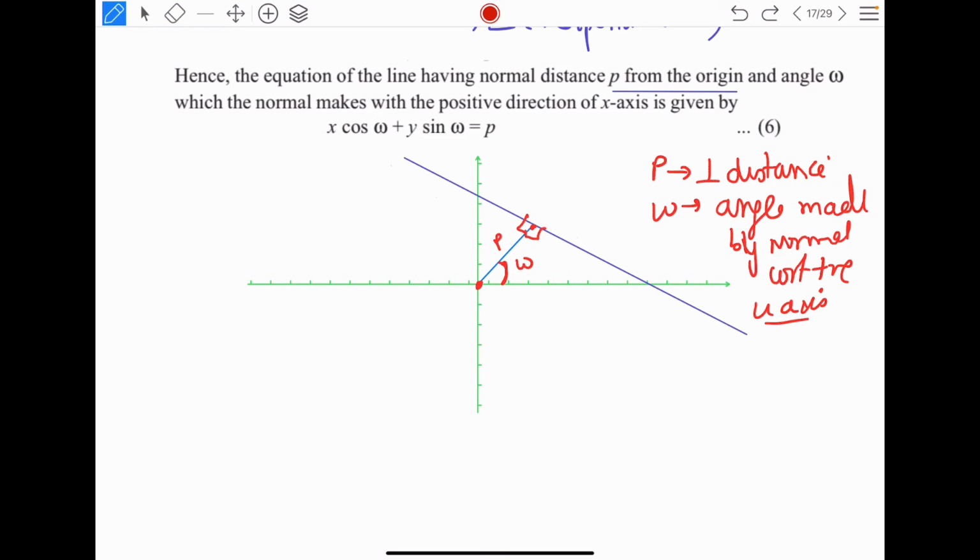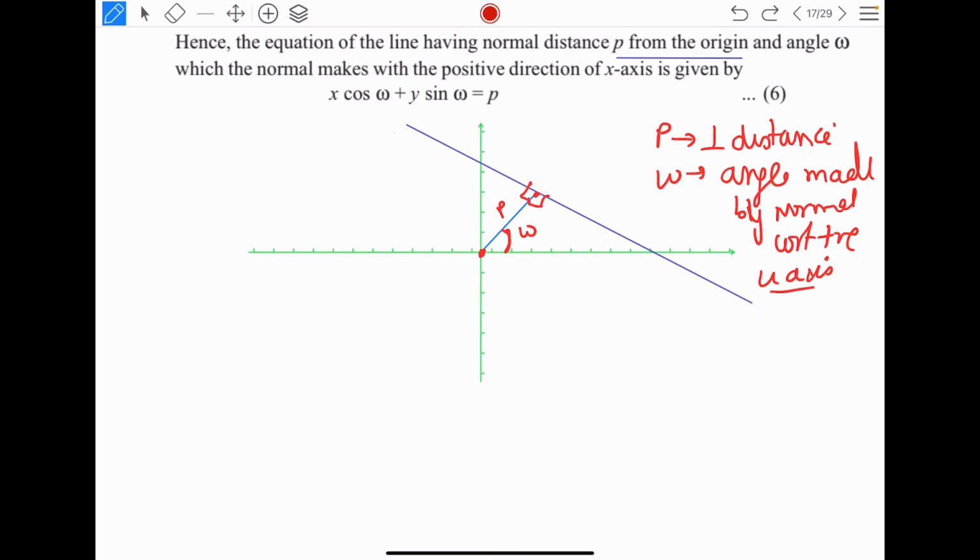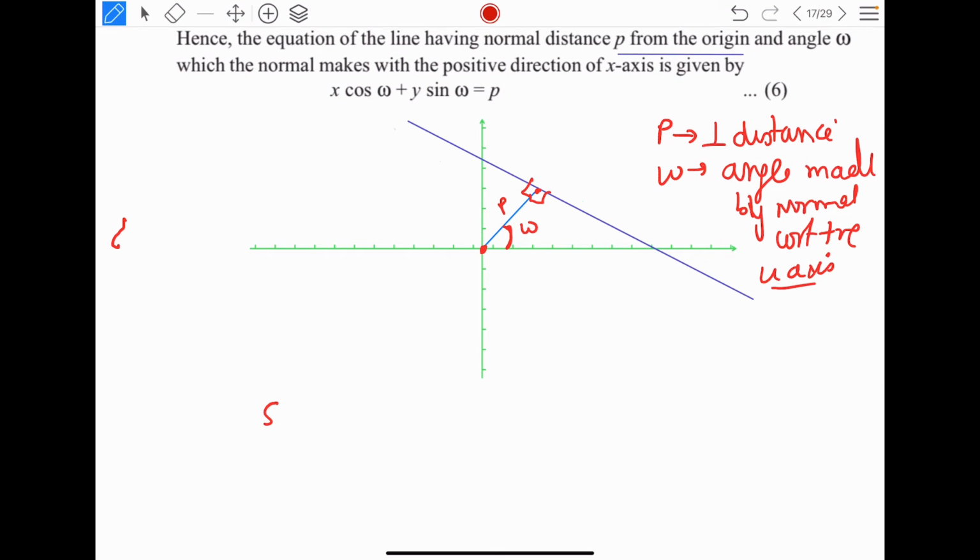form. Now one more thing, the derivation of this equation is very simple. Using trigonometry you can derive it, so you can see it in your NCERT or any other reference book, because this is a short video, short in the sense it's a one shot class, so we are not going to take up the derivation. Let us try to understand what the slope of the line will be in this case, because this is something which is very important. We need to understand the slope of the line.